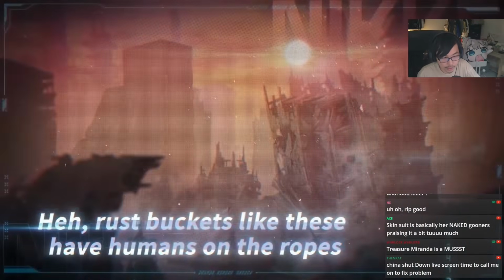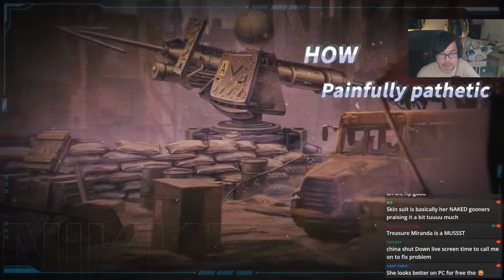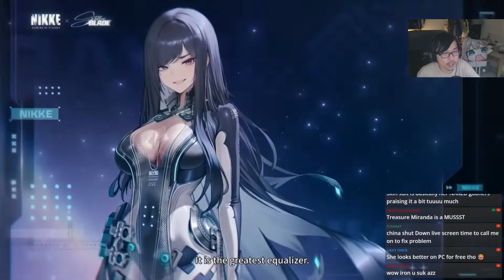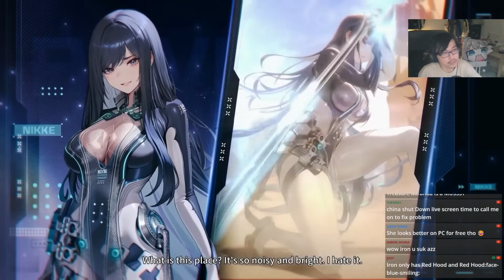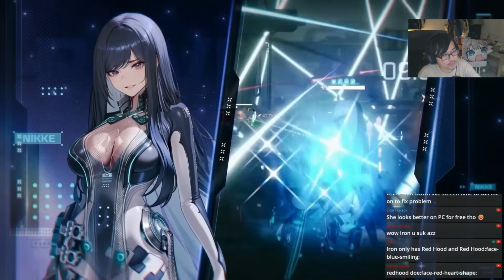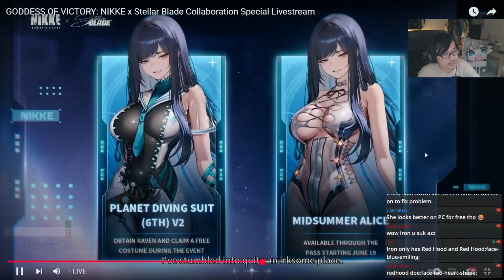Now the other one... Rust buckets like these have humans on the ropes. Rust buckets. How painfully pathetic. Revenge does not discriminate. Wow. It is the greatest So this is the other character. Raven. What is this place? It's so noisy and bright. I hate it. Ooh. Die! So Raven... I've stumbled into quite an irksome...